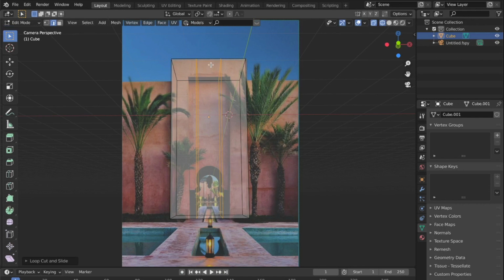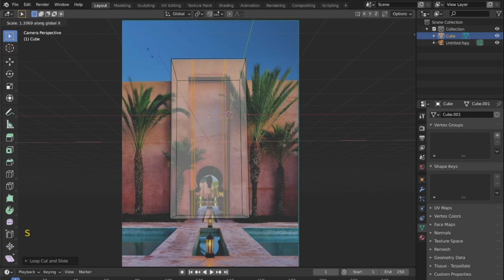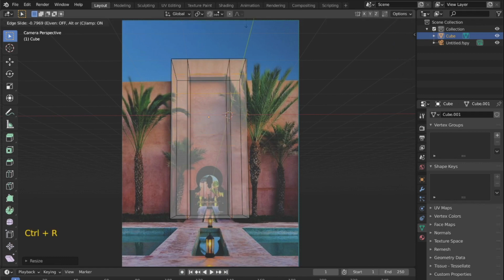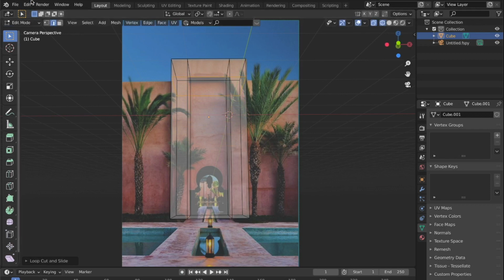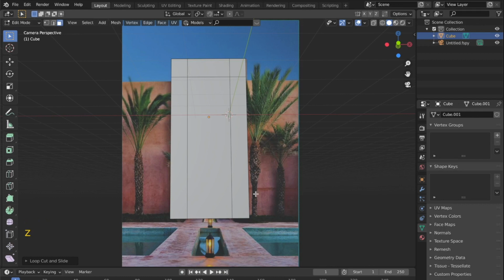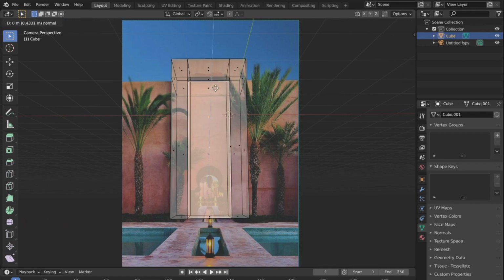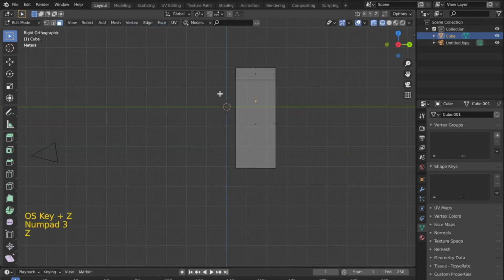Now I will press S and then X to scale it along the x-axis over here. So these two edges of the void have been created. Now this third edge, for that I will create another loop cut over here. Yeah. Now in the face select mode, I need to select the face through which the void will be created, which is this face. So I will go into the wireframe mode and then press E and then press Y.